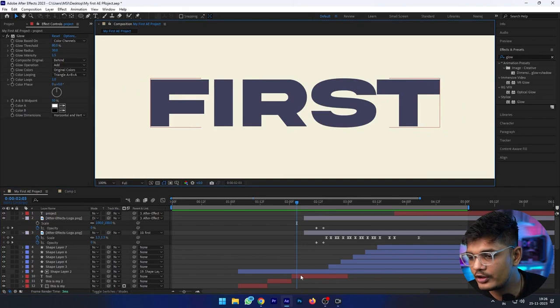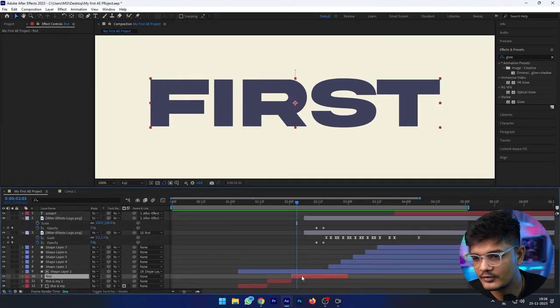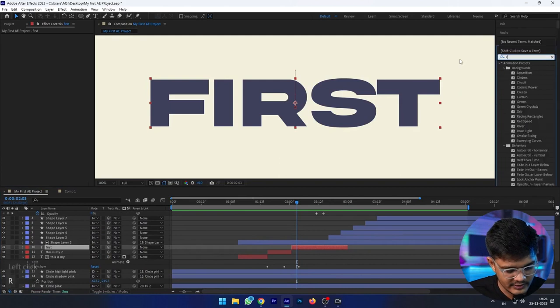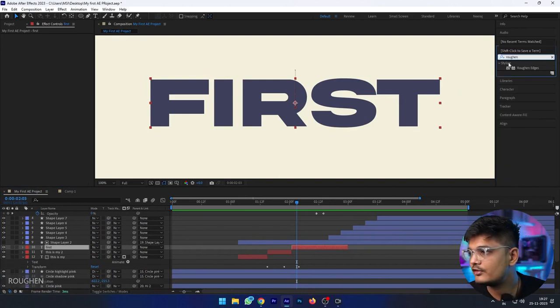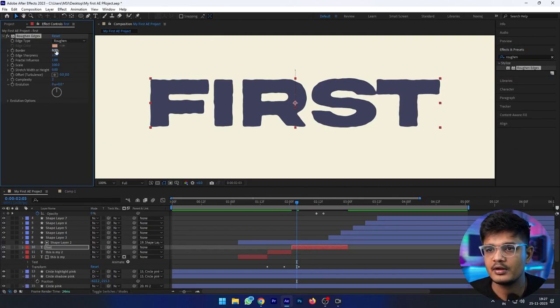They add an effect called roughen edges.